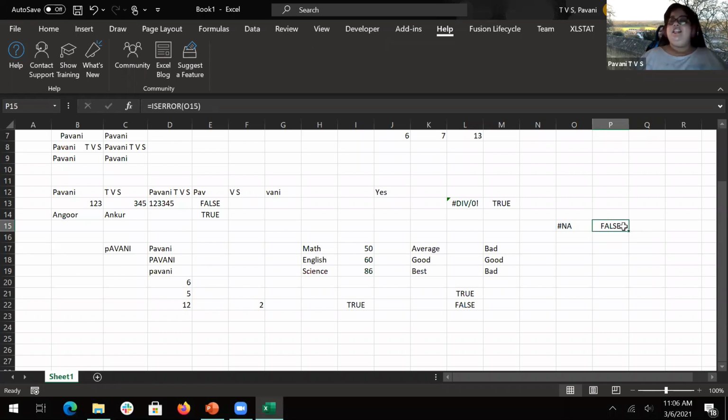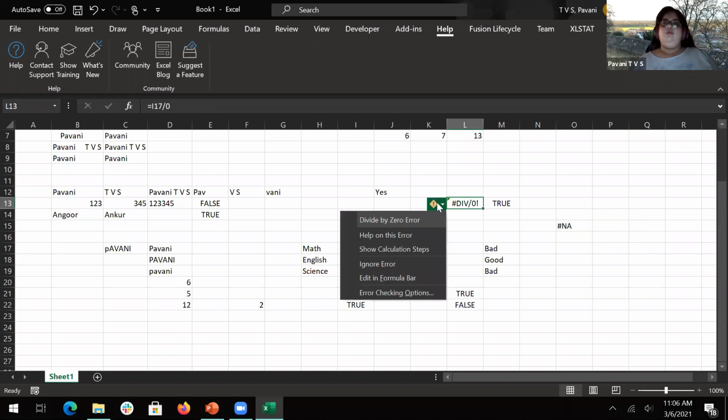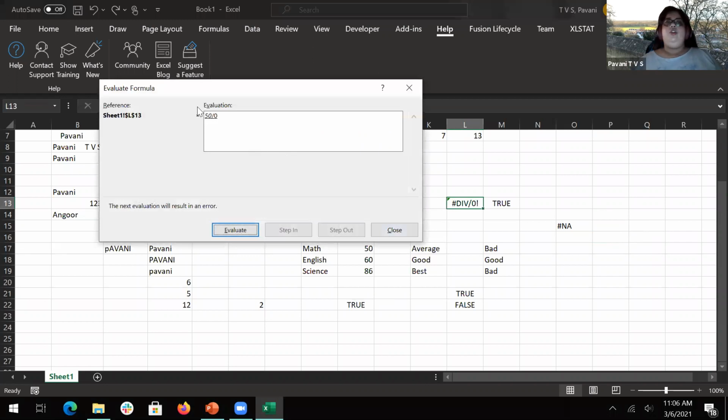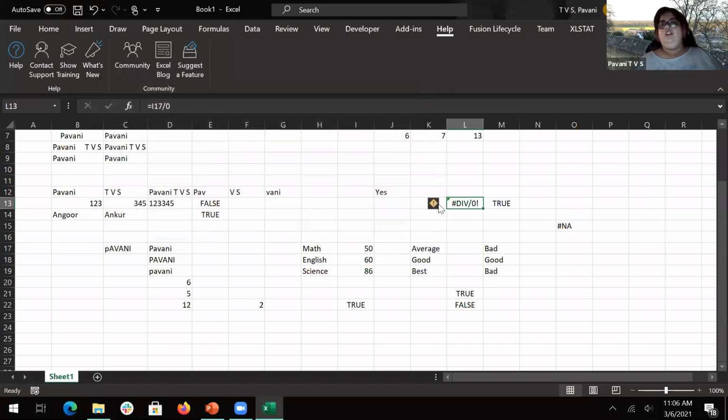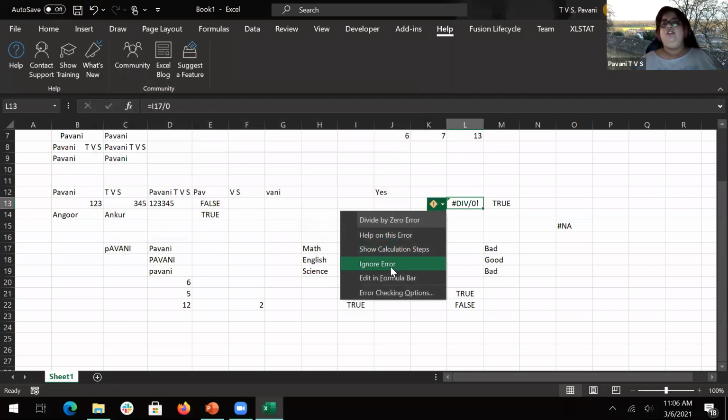So whenever there is an error, you'll find that information useful. It depends on how you're going to use it. Whenever you see the help on this error, there would be some mark or comment kind of a thing. If you click on that, you'll get to know what is shown under show calculation steps. How did you calculate? This will automatically tell you that it was, okay, 50, and that's why it is giving an error. So you can change that and show calculation steps.